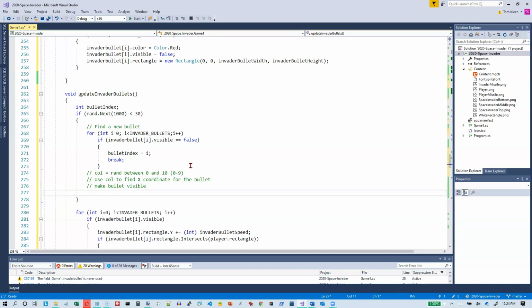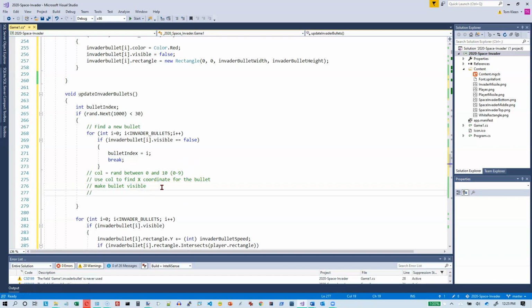Now, if the bottom row is all wiped out, I don't care. We're trying to keep it relatively simple. So all the bullets will come from the bottom row, even if there aren't any invaders left in the bottom row. Okay? And even if there are no invaders left in a column, we will still, once we get this random number for a column, that's where we'll fire from. Okay? You can go back and clean this up some other time if you want to, but for right now,